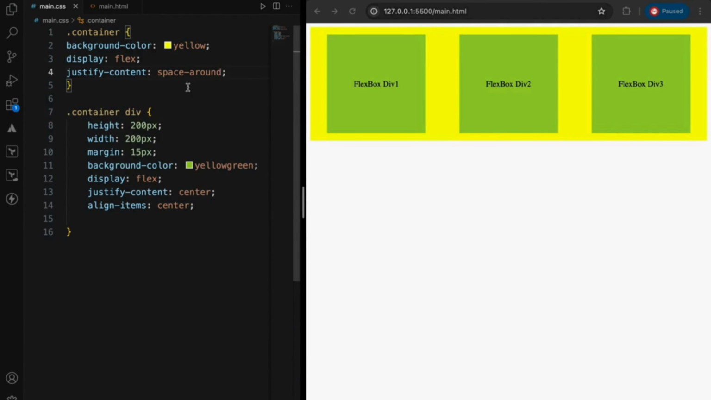Okay, so this is how we can give space and align this to the left, right, center, and with the spaces. Okay, justifying that specific content. So this is the purpose of justify content. Now let's look at